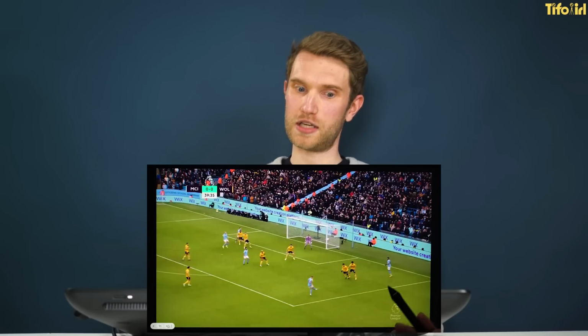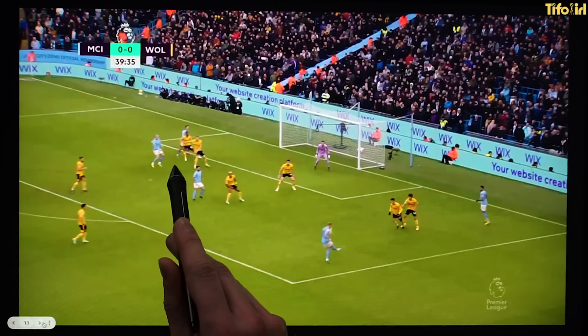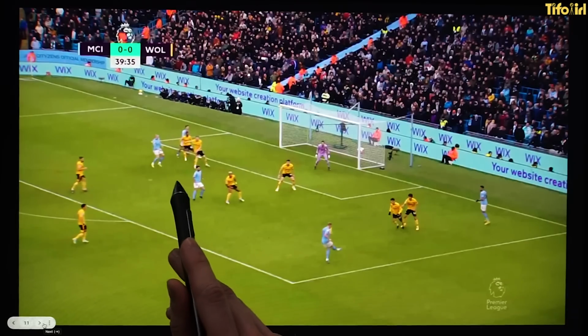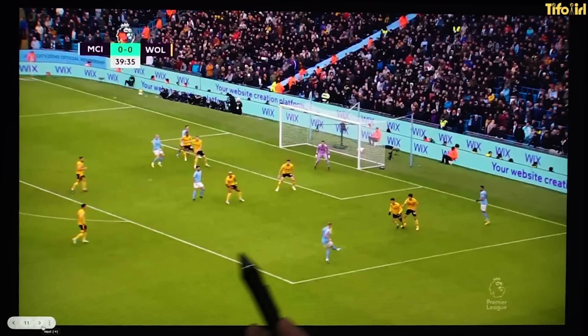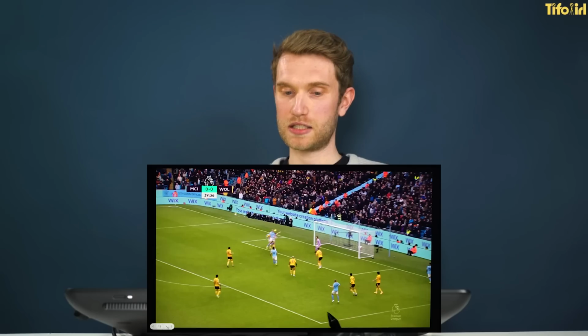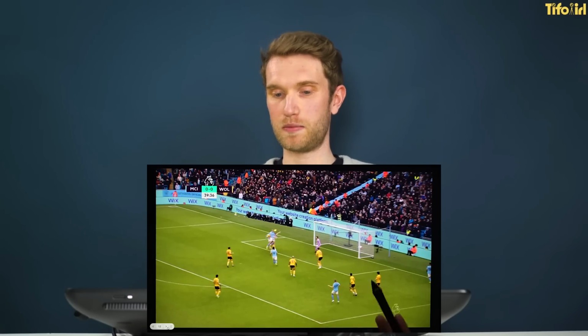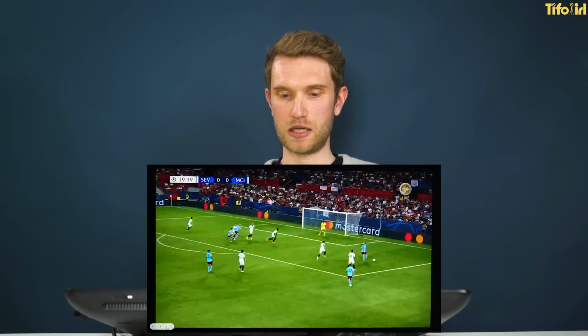This one is like the third example that I gave, that he's trying to get the beating of the fullback, knowing that Nelson Semedo isn't as strong aerially as he is. So he's targeting that fullback. He knows that De Bruyne is going to find him. He beats them aerially very easily.